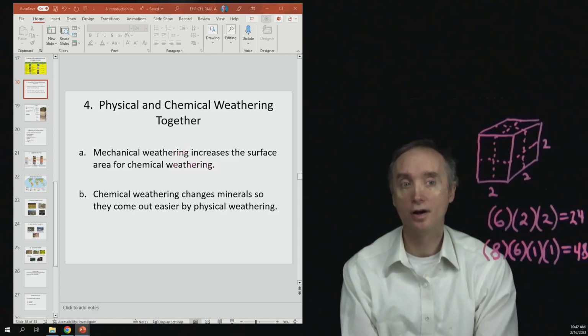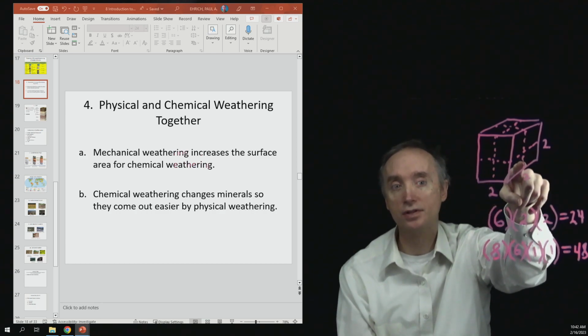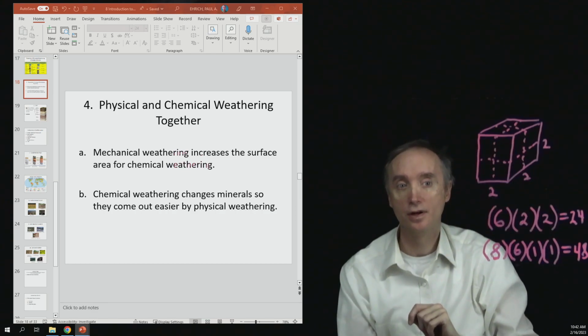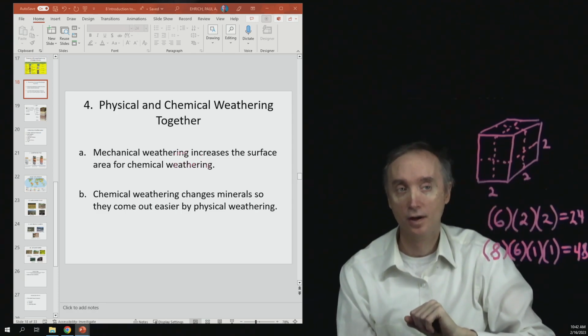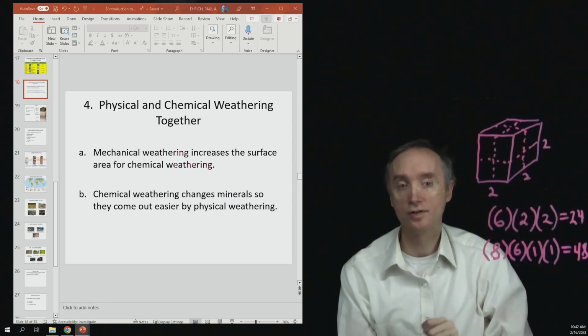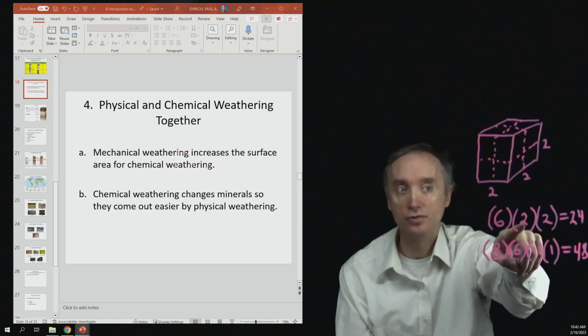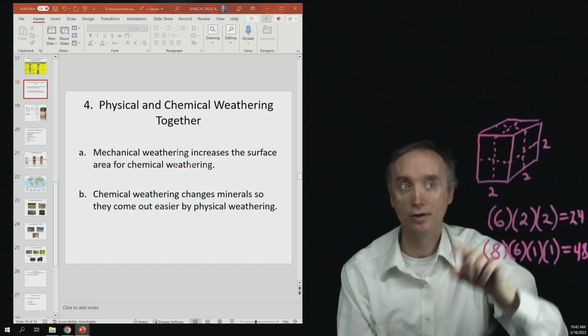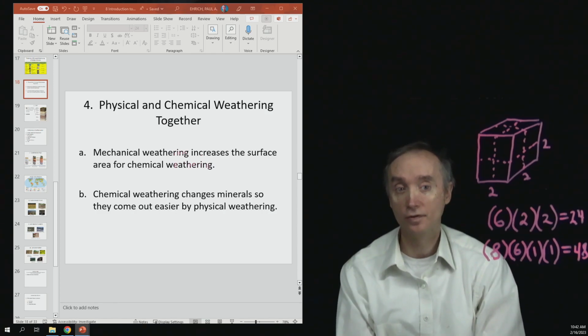So as an example here, I've got a block that is 2 units in width, 2 units in depth, and 2 units in height. So you could say 2 centimeters by 2 centimeters by 2 centimeters if you want. So what is the surface area of this cube? Okay, a cube is going to have 6 faces, and then each of the faces is going to be 2 units by 2 units. So that's the area of each of the faces. So that gives you a grand total of 24 units, 24 centimeters squared, as being the surface area of the